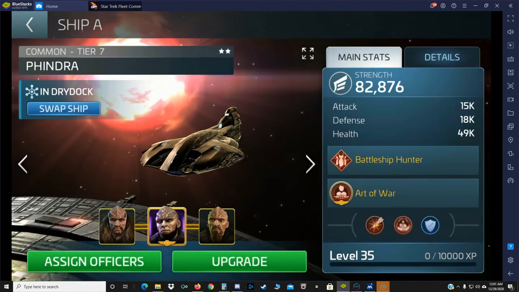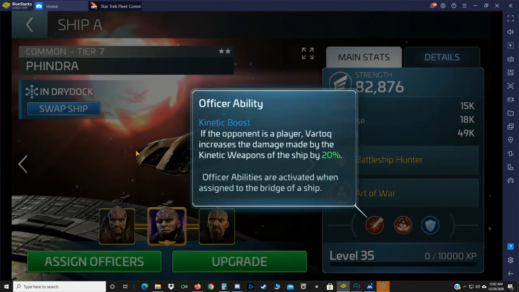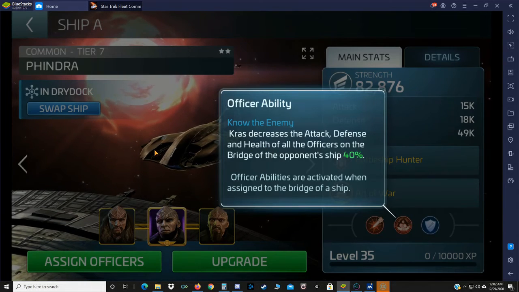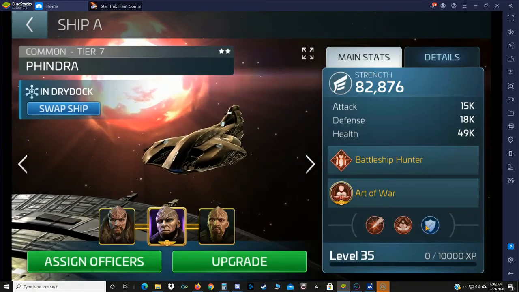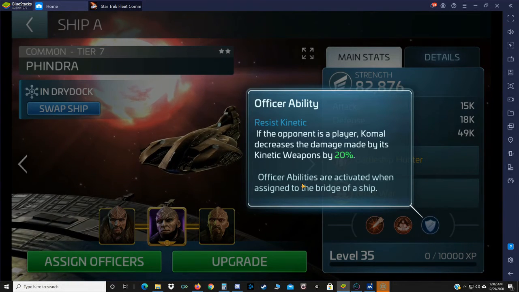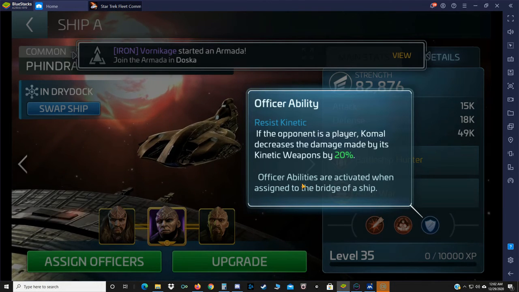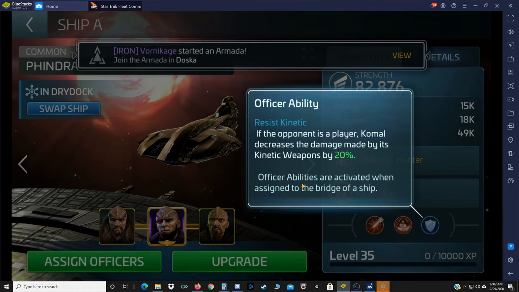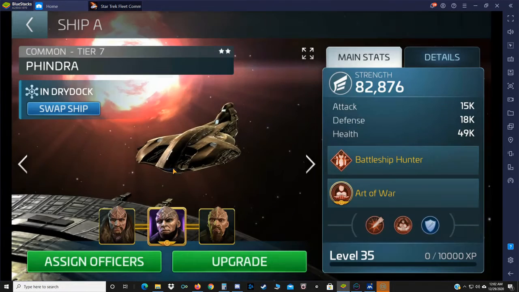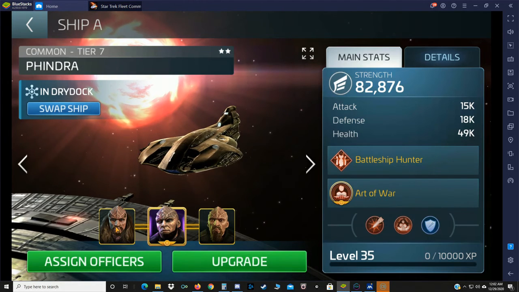It just is. And of course, kinetic boost. We're in our Fendra. We're going to be increasing that damage by 20%. We're going to be decreasing the stats on the opponent's ship by 40%, or on their bridge at least. And we're going to be resisting kinetic damage. Battleships, of course, have a mixture of kinetic and energy weapons. Mainly they're big kinetic weapons. So, nerf their ship, nerf their officers,